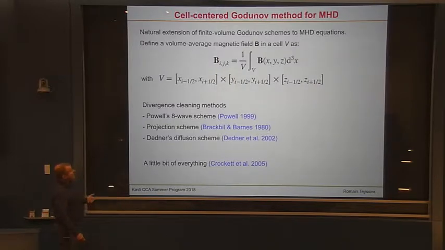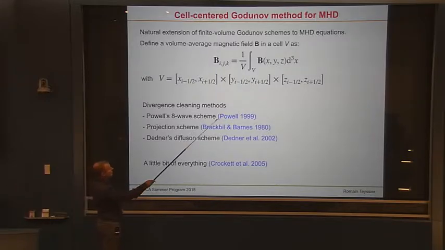And so that's what we call in the jargon divergence cleaning, right? Because after one time step, if you apply the Godunov scheme as I described yesterday, you will have at the next time step a non-zero divergence, right? And it will be small, but it will be non-zero. And then what do you do, right? You have to clean this mess you just created. And so that's what we call divergence cleaning. So there are a lot of different approaches here. I will describe a few of them.